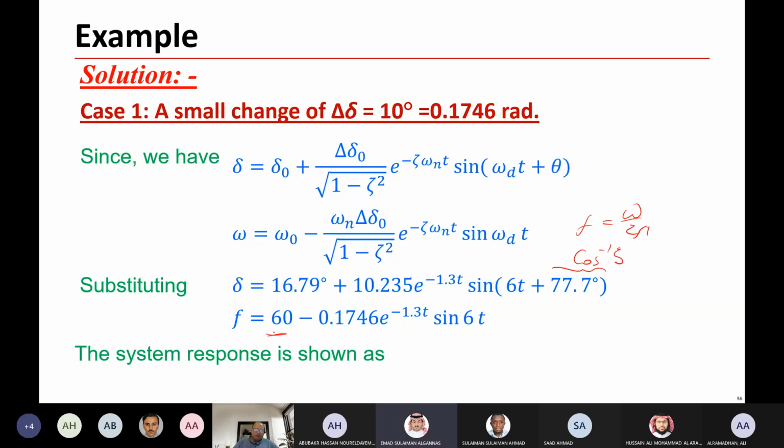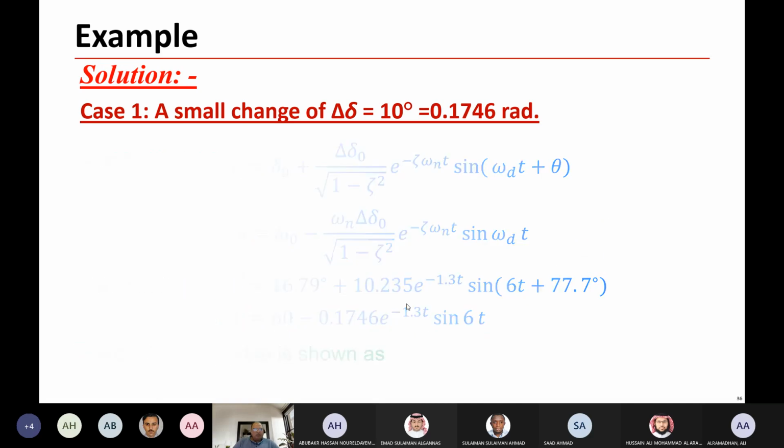And this is the initial frequency, 60 hertz, the steady state, which corresponds to omega 0. And of course, you can have here this omega also over 2 pi, so it becomes Fn, and you can continue and just substitute, and you'll end up with this. So you can draw these responses. Delta as a function of time, you have it here, and you can start with t equal to 0, 0.1, 0.2, 0.3 second, and so on. So you end up with the following